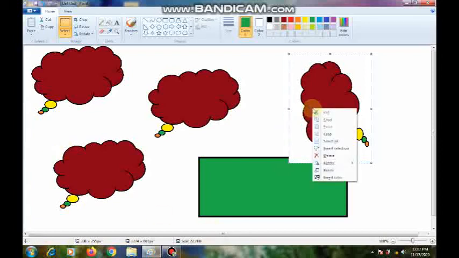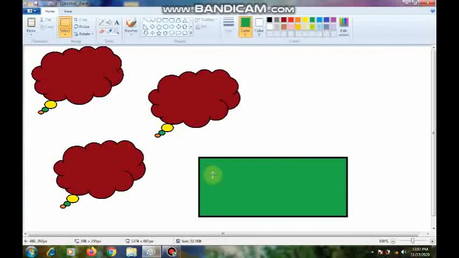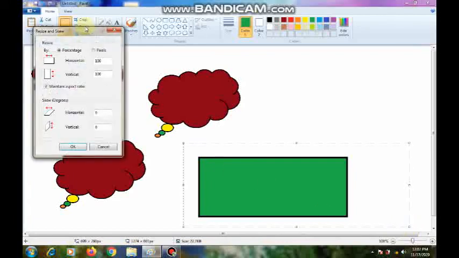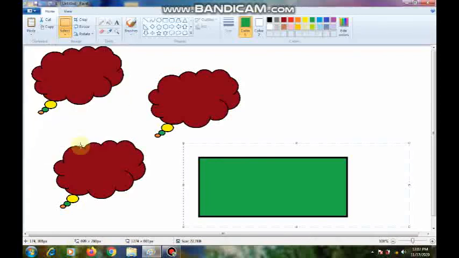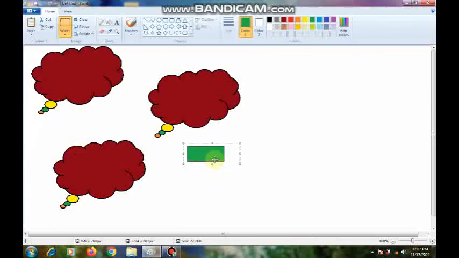For example, I am removing this image. I also want to resize this one. First, select the picture which you want to resize. Okay. Next, here is the option resize and skew. Here I already explained, I already said it 10 minutes before. I want to resize this picture to 25 pixels. So resize and click. See how much it will resize.